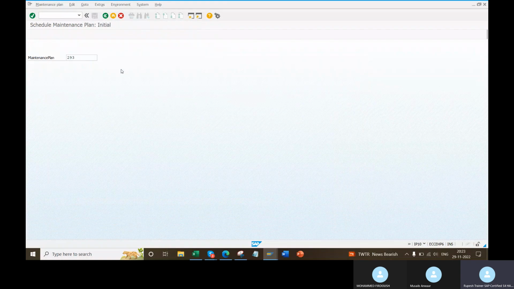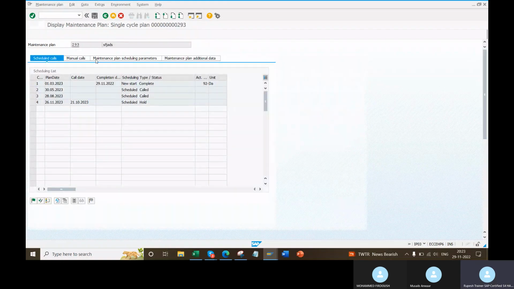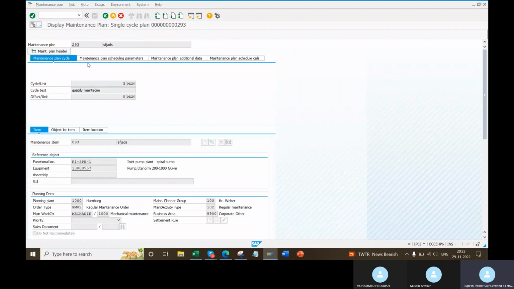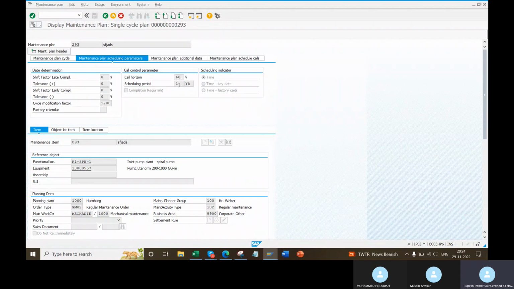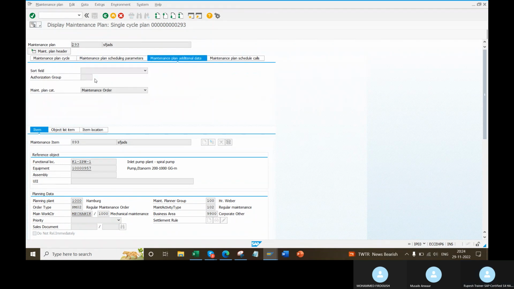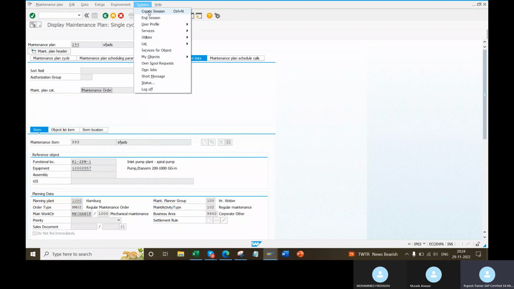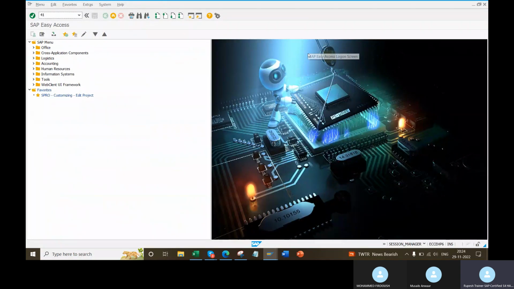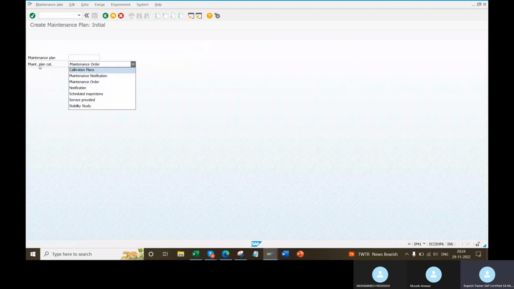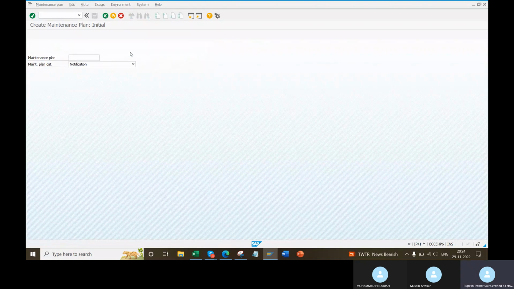Like this, many questions are there in the plan. Right. So you are clear on the cycle and all. Here you are clear on scheduling period, completion requirement, start date field. Start date is the date from which your calculation starts. So scheduling you are clear. This I will cover tomorrow. This is what you are creating, the order from your plan. That is your plan category. Plan category is coming in the front screen, IP41.